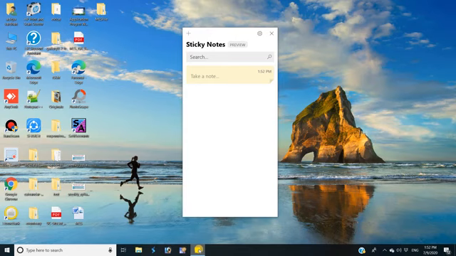Suppose we have to do a particular task, and at a certain time we can define the time for the task, and when you open the system, you will see the same at the same time that will be opened as a reminder. So this is the sticky notes.